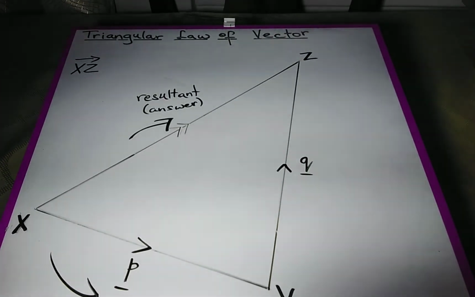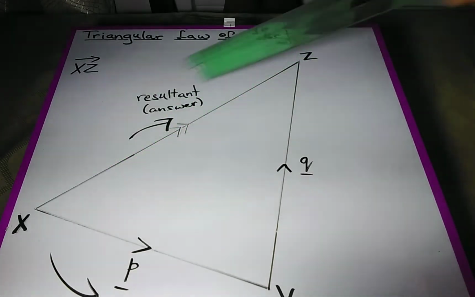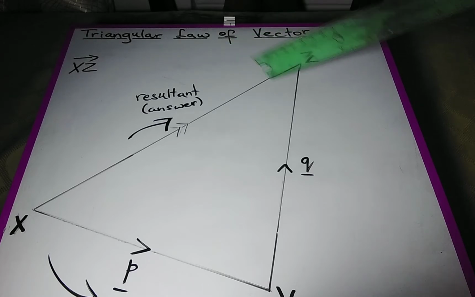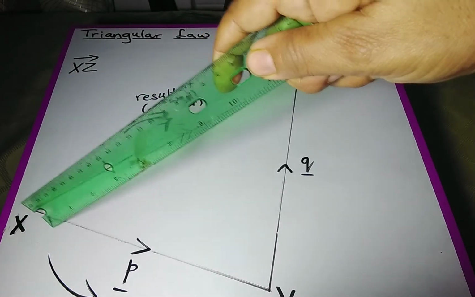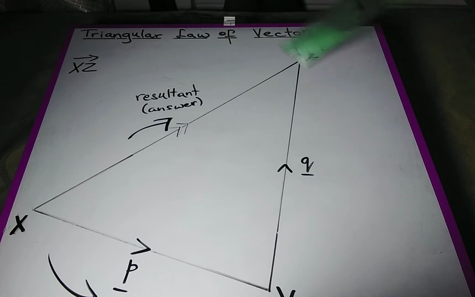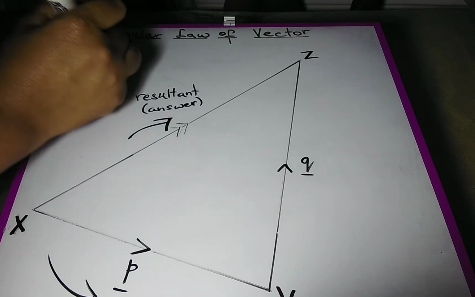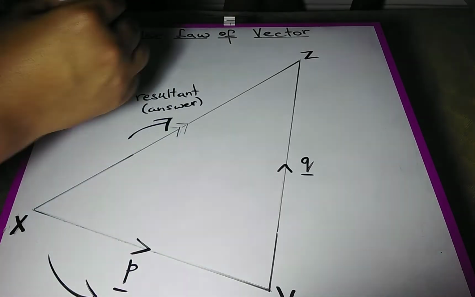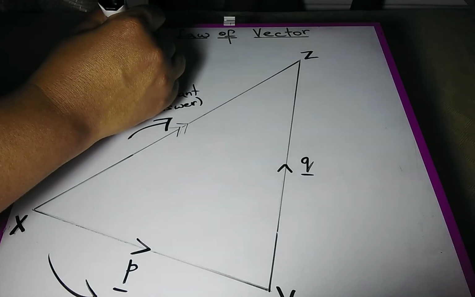Okay, so simply put, if you want to find the resultant and the direction is going clockwise, then you have to calculate it in an anti-clockwise direction. And it makes sense because if the vector we're trying to find starts with x, it must end with z. So the first vector will have an x. So it will be x to y. So it will be xy